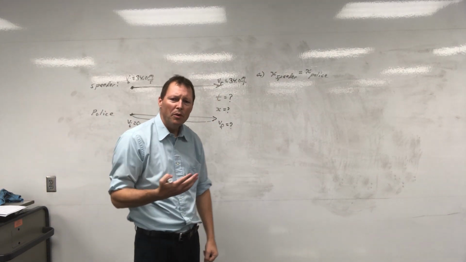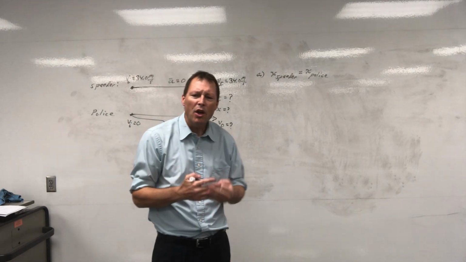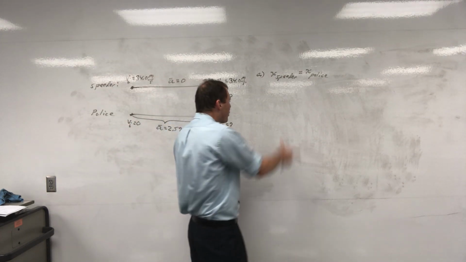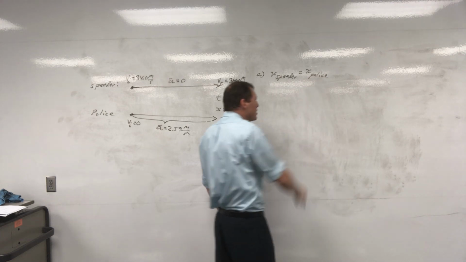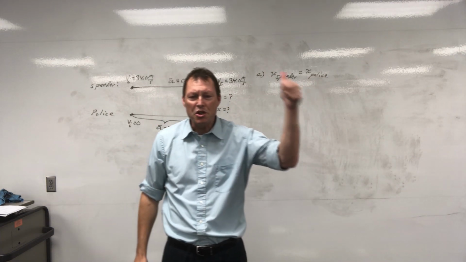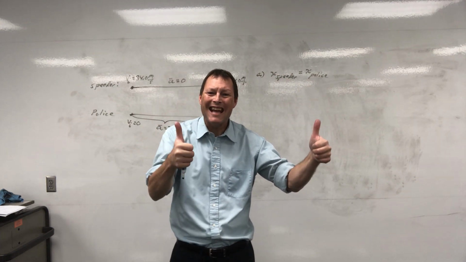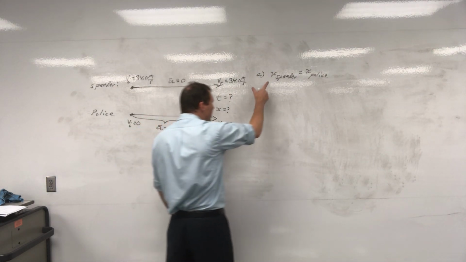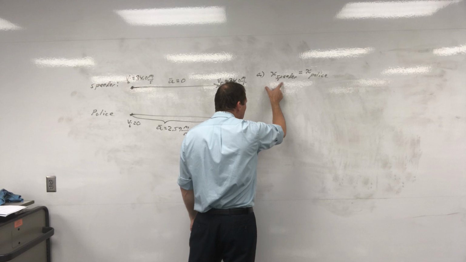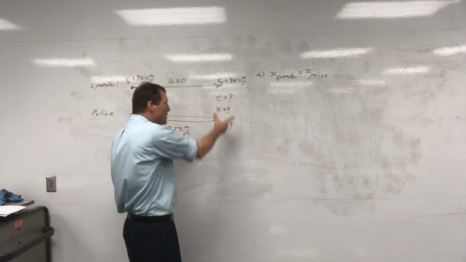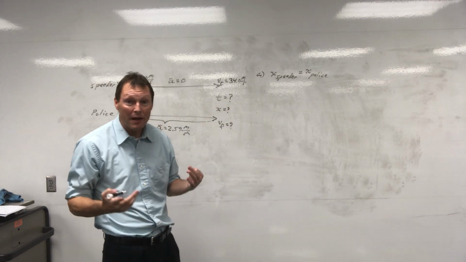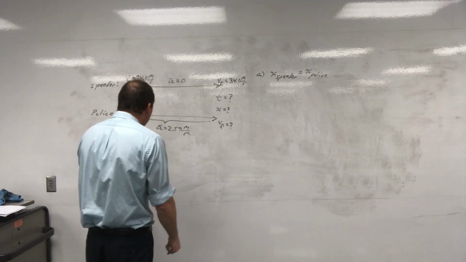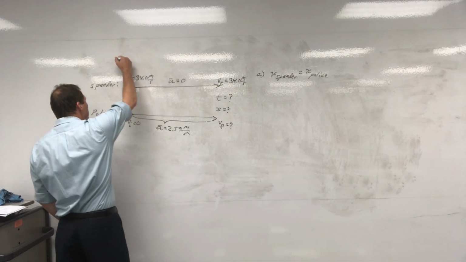Then I need to pick an equation for the speeder and for the police car that have both displacement in them and time, which I'm trying to find. They need displacement because I'm setting these two equal to each other, and they need time because, hey, I'm trying to find the time. So I'm thinking of this equation